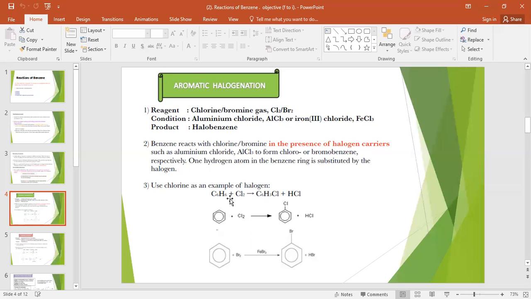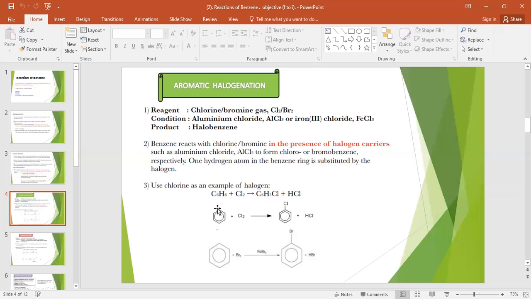This benzene, C6H6, when it reacts with chlorine, will form chlorobenzene. Here Cl will attach by replacement of one hydrogen. Here the total is 6, here it will become 5, with removal of hydrogen and one chlorine, because here we have two chlorines, Cl Cl. So what will happen? This is the benzene ring. Then this Cl will attack the ring and replace one hydrogen from any carbon.